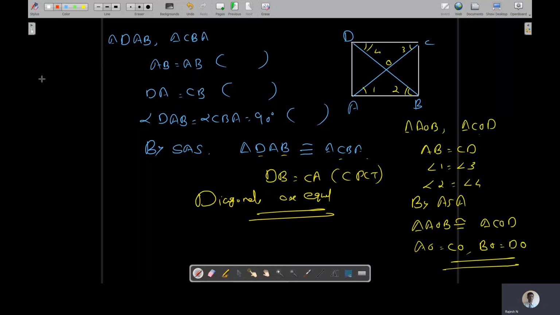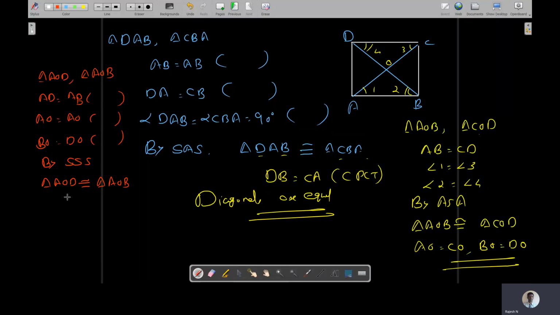So what you have to take? A triangle. Now you take triangle AOD, triangle AOB. AOD and AOB, so what you can say? AD is equal to AB. Why? All sides of square are equal. AO is equal to AO. What is the reason? Common. BO is equal to DO. Just now we proved diagonals bisect each other. Therefore, by SSS congruence rule, triangle AOD is congruent to triangle